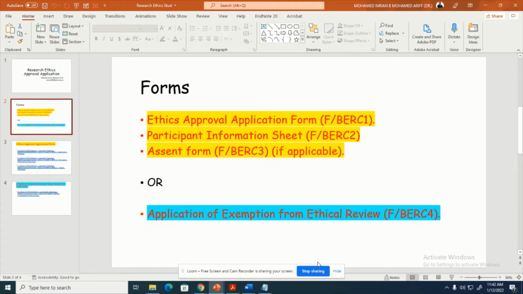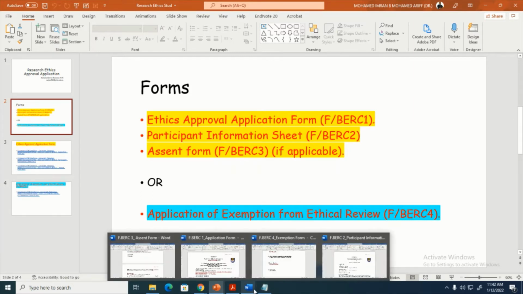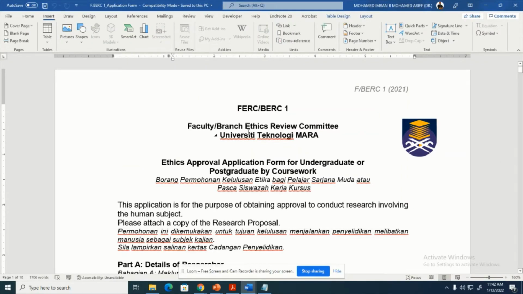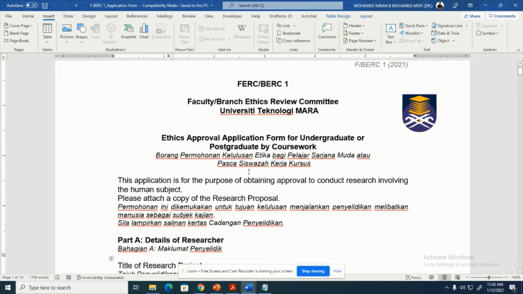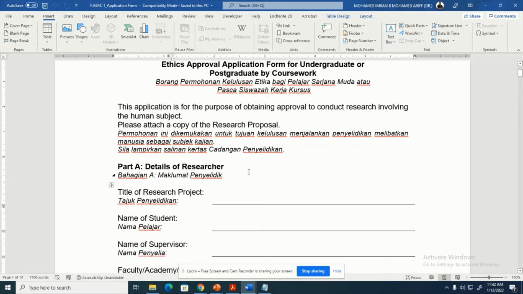Okay, let's look at how these forms look. So, form number 1. This is form number 1, a new form created in 2021, focusing on postgraduate and undergraduate students. This form is quite straightforward and is only applicable if students or postgraduate students are dealing with